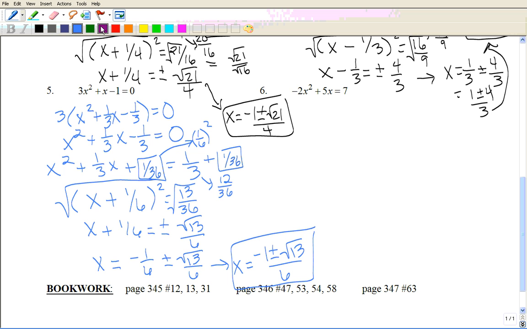And then finally we have number 6. So we have negative 2x squared plus 5x equals 7. You could choose to subtract the 7 over and then factor out the negative 2, or think about it as whenever we're factoring out, like on number 5, when we factored out that 3, if you compare it to the next line, really it's the same thing as what we started with, we just divided everything by a. So here a is negative 2, so if I divide everything by negative 2,